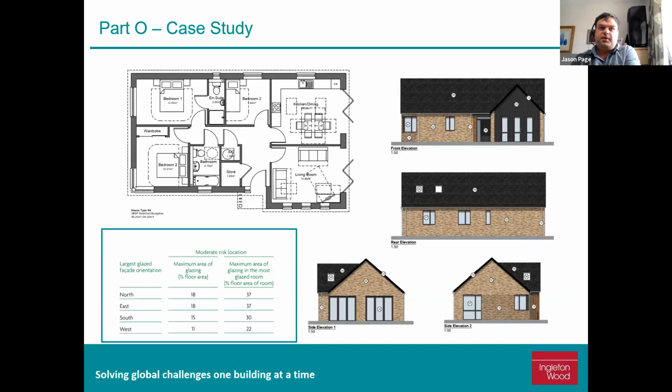We also didn't pass the daytime ventilation criteria. We had a number of fixed lights on each window, which obviously doesn't contribute to ventilation rates. So what we did is we evened up the windows and made a much greater area of each window openable, which was enough to bring us to a pass.